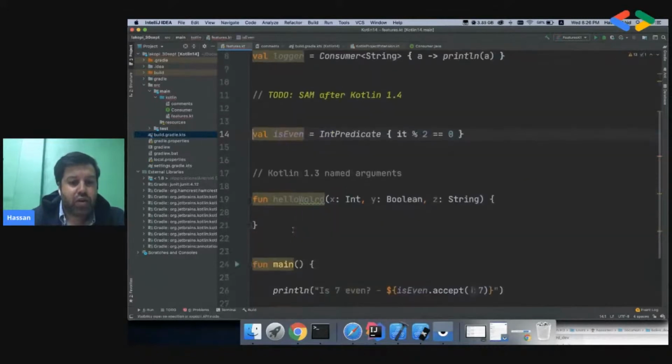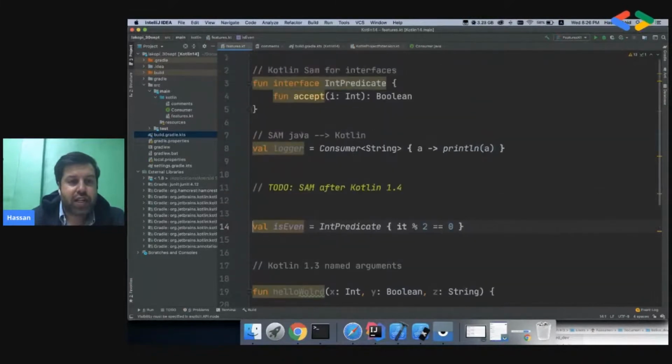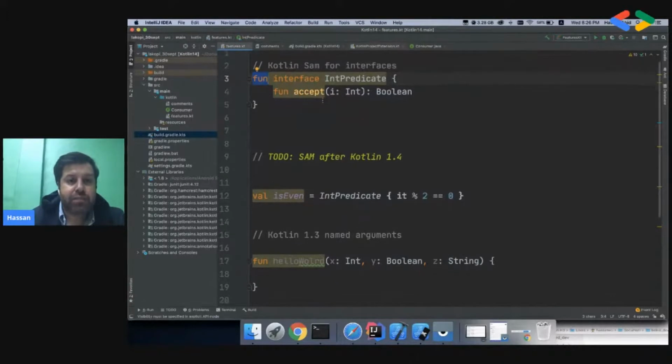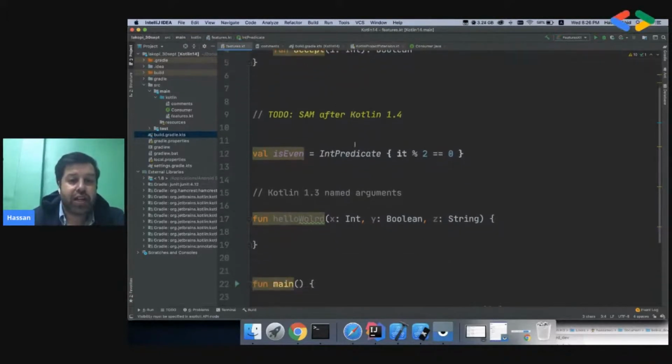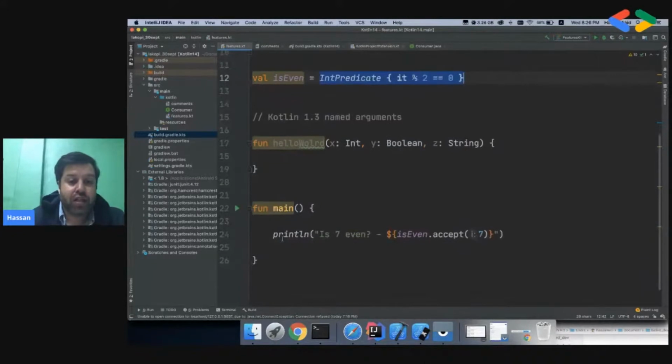Now I can use Kotlin and remove this code for you guys. I just need to add this fun parameter here. Then this will be a lambda expression in Kotlin, and I can use something like this. It's pretty neat. This was not available before.